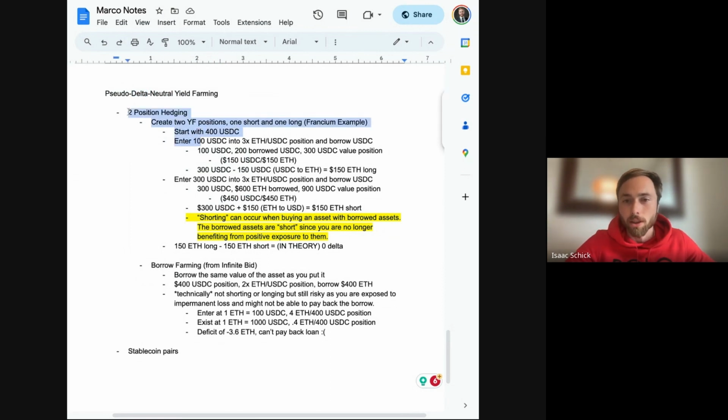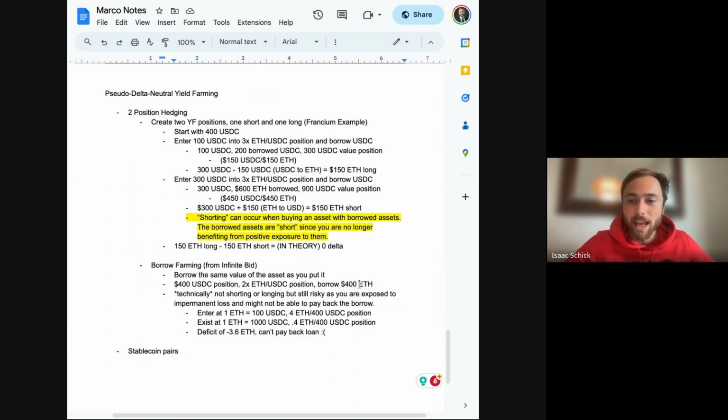And when you do it, I found there are basically two generic ways of doing delta neutral yield farming. This one kind of sucks though, borrow farming. And I would not recommend doing it because it still leaves you a lot of exposure. But the essential idea of borrow farming is that, let's say you have a $400 USDC position, you do a 2x leverage ETH USDC position, and you borrow $400 worth of ETH. And if you do this, you're technically not short any asset, but you still have exposure to a $400 borrowed